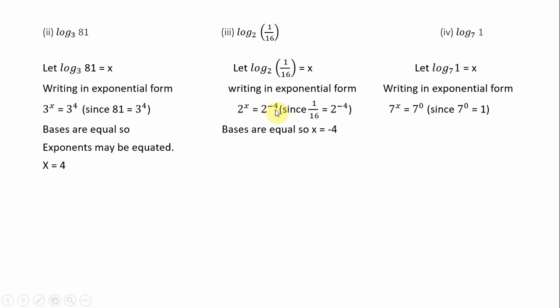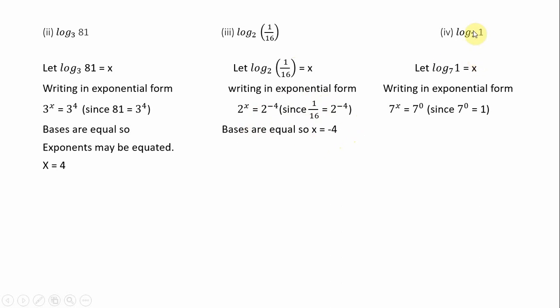So 2 to the power x is equal to 1 by 16 can be written as what? 16 to the power of minus 1. Which you can write as 2 to the power of minus 4, because 1 by 2 to the power 4, no. So at least you can understand like that. 16 can be written as, sorry, 2 to the power 4. Now 1 by 2 to the power 4, when you take it to your numerator, it becomes what? Minus 4. So 2 to the power x is equal to 2 to the power of minus 4. I have given you here 1 by 16 is equal to 1 by 2 to the power 4. When you take it to your numerator, it becomes 2 to the power of minus 4. So bases are equal, exponents: x is equal to minus 4.